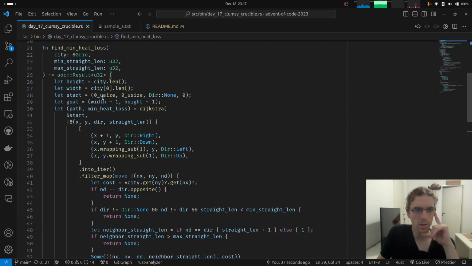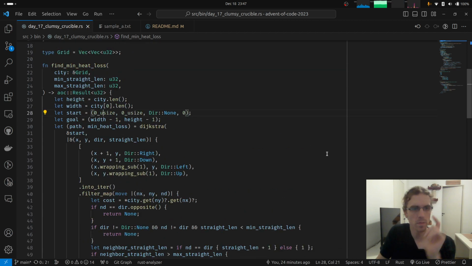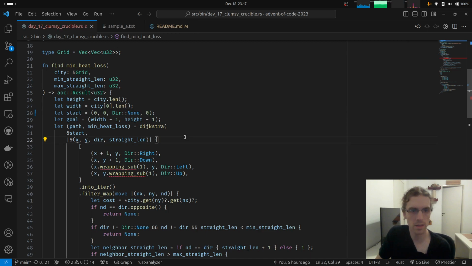There was one thing that I was wondering, which is that do we need to specify these usize types here?